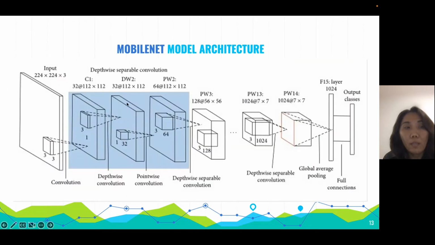MobileNet uses depthwise separable convolution, which significantly reduces the number of parameters when compared to a network with regular convolution with the same depth in the nets. The result: lightweight deep neural networks. Depthwise separable convolution filters are composed of a depthwise convolution filter, which performs a single convolution on each input channel, and a pointwise convolution filter, which combines the output of the depthwise convolution linearly with a 1x1 convolution.